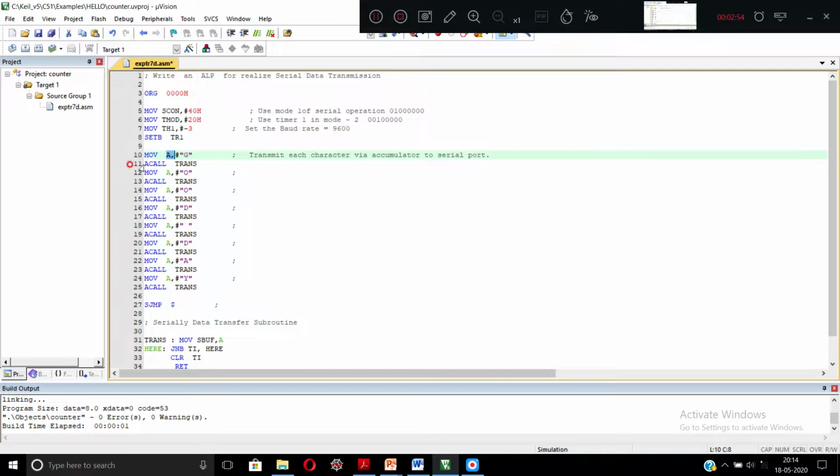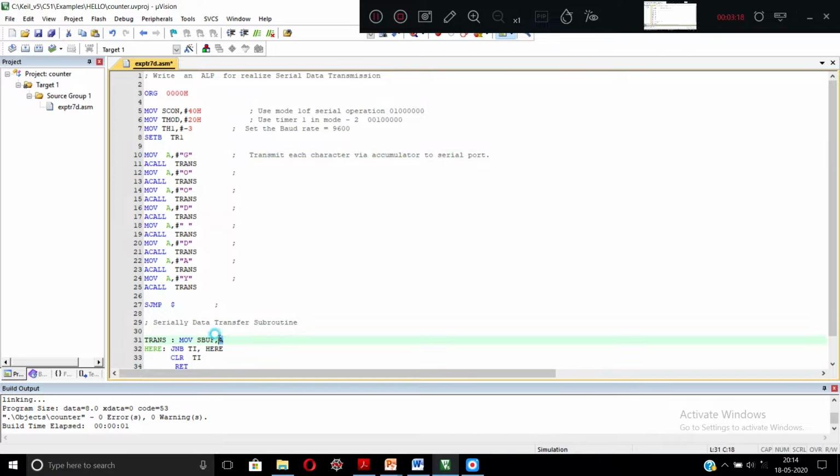The next instruction is ACALL TRANS, in which it will call the trans delay, to display my character for a certain time interval in the serial window. TRANS will be called, and it goes to the delay program I have written.